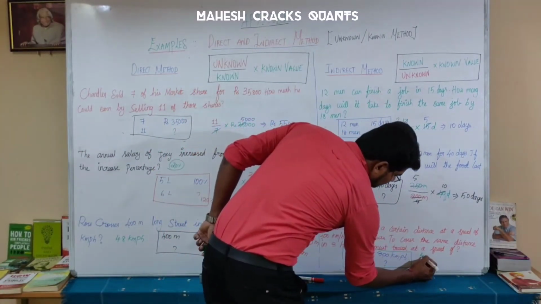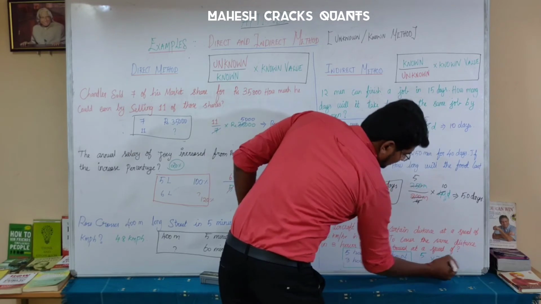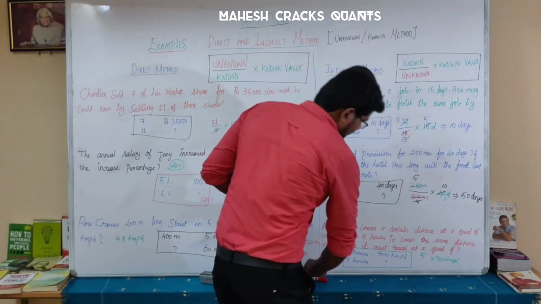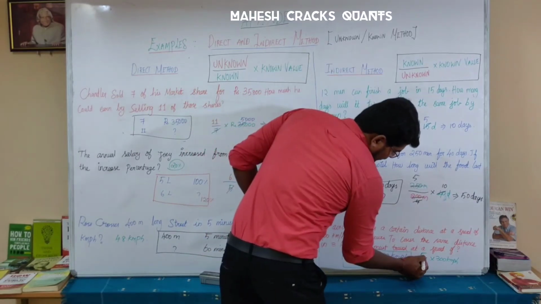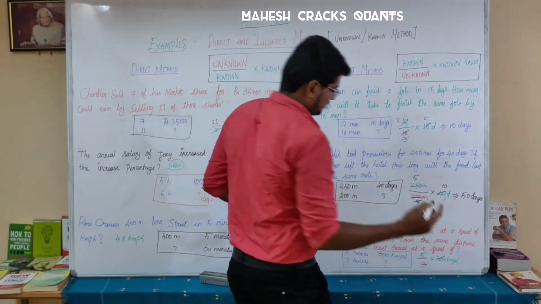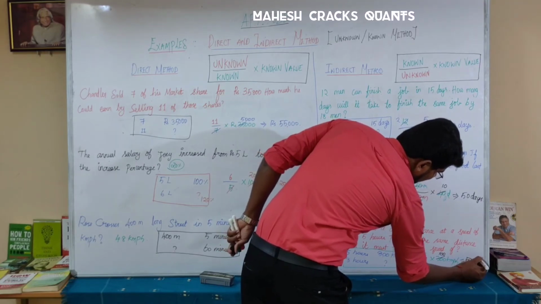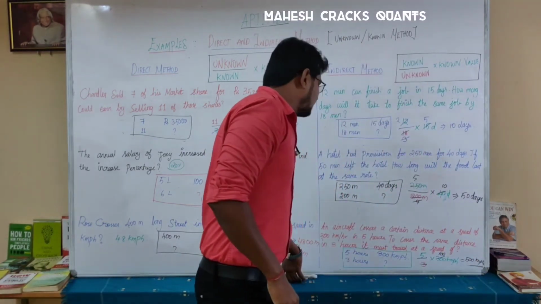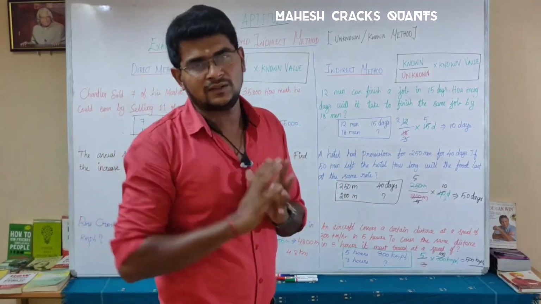So the known value is 5, which is equal to the speed at 5 hours. In 5 hours, it covers a certain distance at the speed of 300 km per hour. So we have to find for 3 hours. This is unknown. By cancelling this, you will get the answer. 100 times 3 is 300. So 5 into 100 equals 500 kilometers per hour. At the end it covers the same distance in 3 hours by running at 500 kilometers per hour.